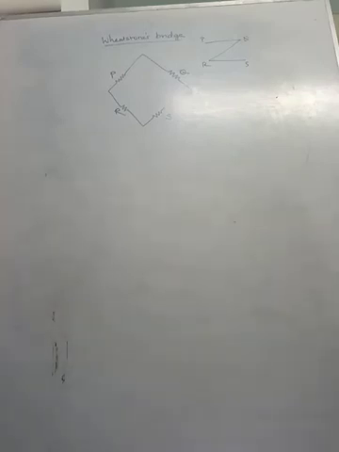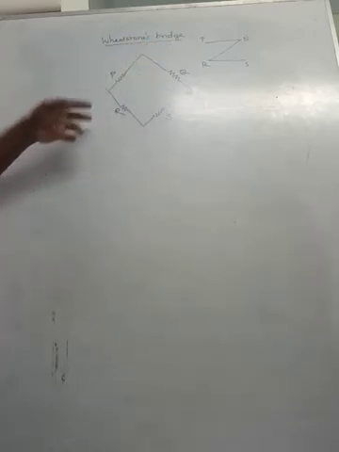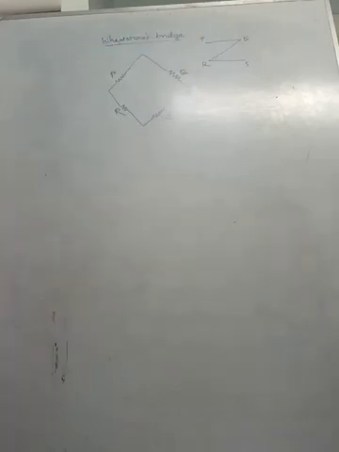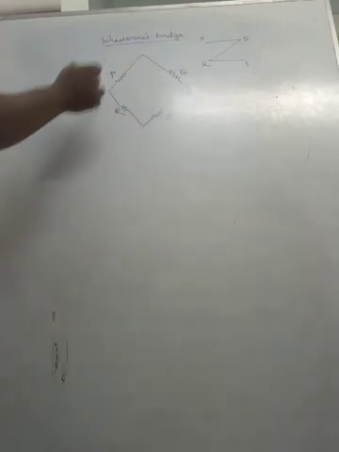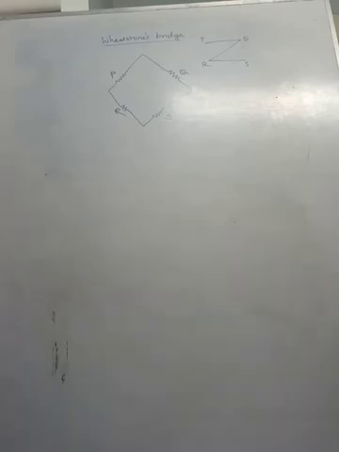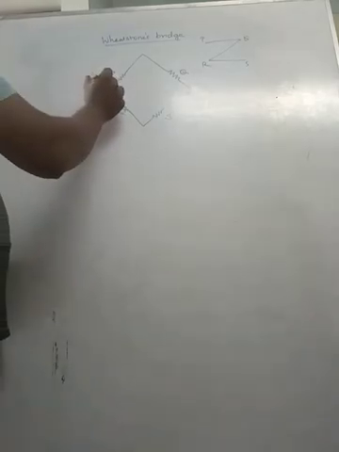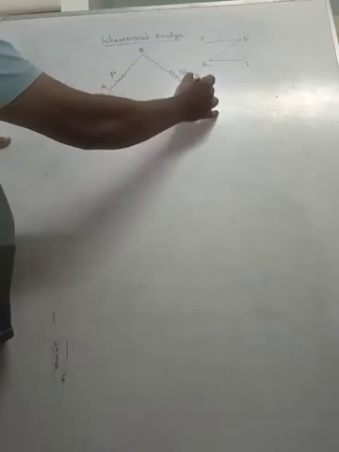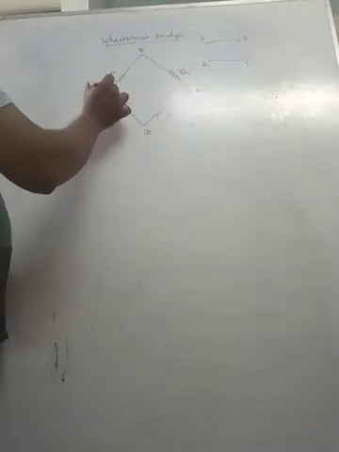We can name it any other way also, but the result will be easier to understand if it is named in the Z way. So P, Q, R, S. These four resistors are connected in the form of a bridge. Let us name the junctions. This is A, this is B, this is C, and this is D.